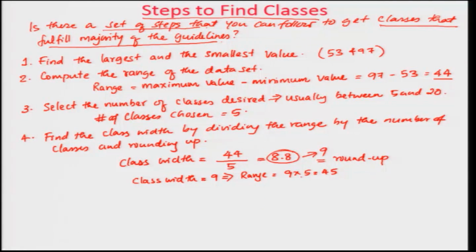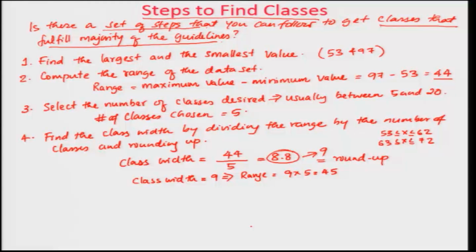I can do this, and I can pick the classes in a unique fashion. Okay. What I can say is that I can start with the minimum value of 53. So the first class will be somewhat weird. I can start with 53 less than or equal to x less than or equal to, add 9 to this, so that will be 62. Then 63 less than or equal to x less than or equal to 72. Okay. So I can do classes like that if I make the class width 9.